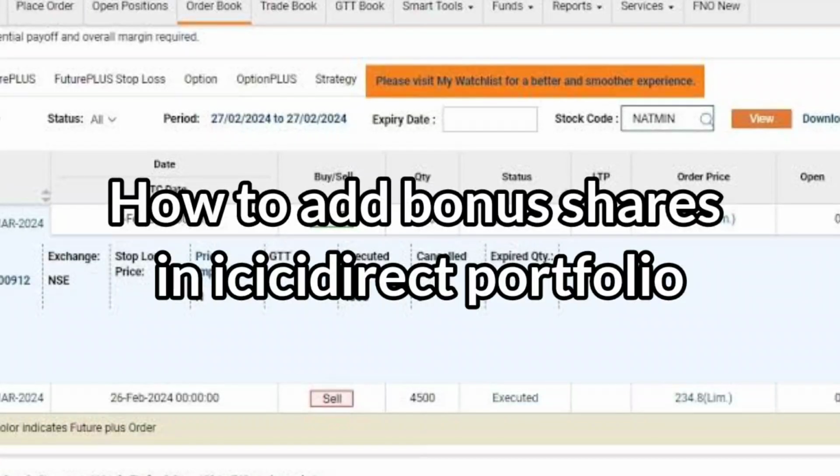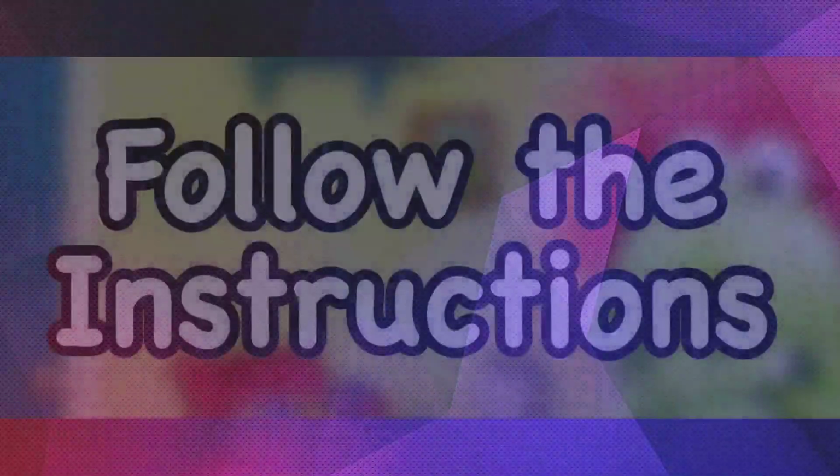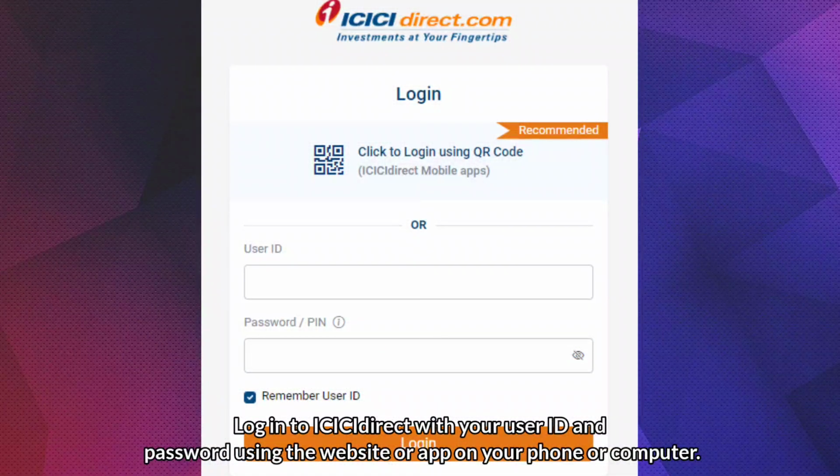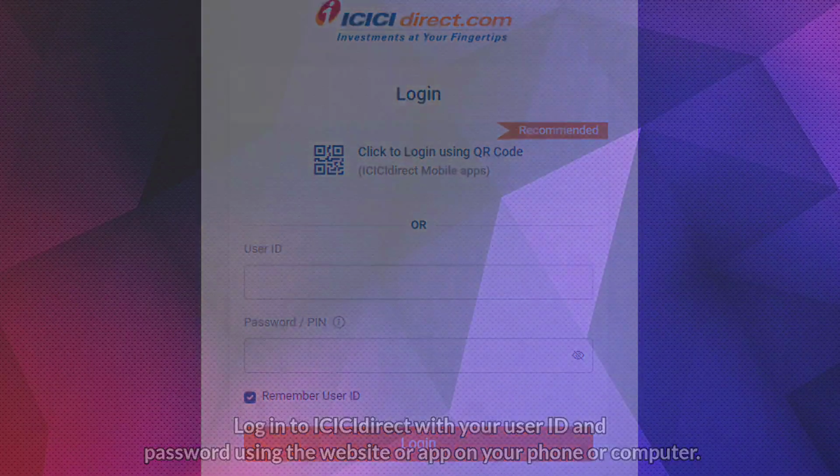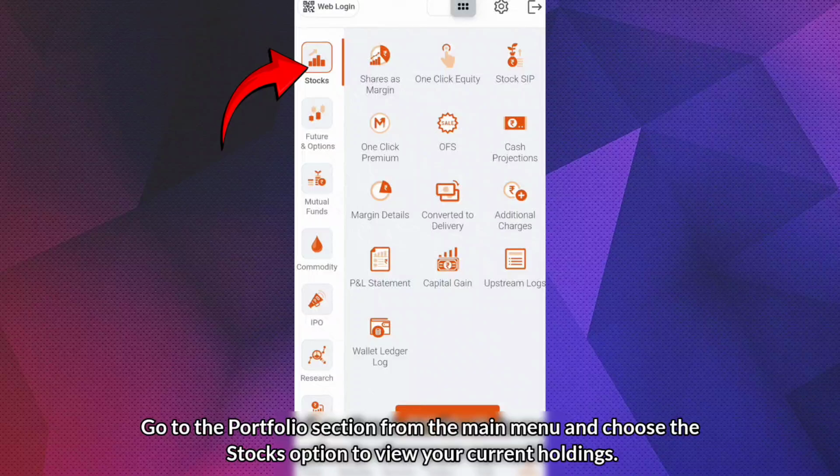How to add bonus shares in ICICIdirect portfolio. Follow these instructions. Log into ICICIdirect with your user ID and password using the website or app on your phone or computer. Go to the Portfolio section from the main menu and choose the Stocks option to view your current